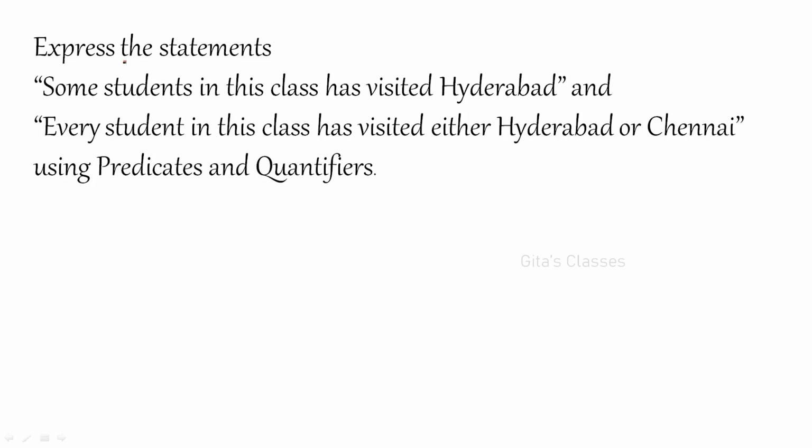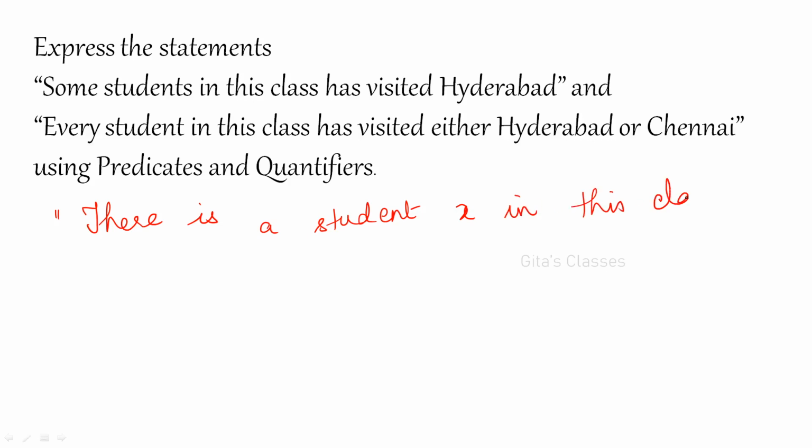Now express the statement. There are two statements. One is, some students in this class have visited Hyderabad. And the second statement says, every student in this class has visited either Hyderabad or Chennai. So first let us write the first statement. That means there is a student X in this class having the property that